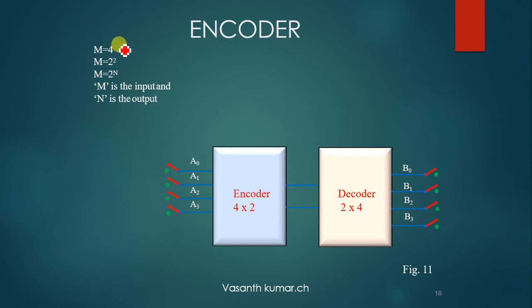So for example, m is equal to 4, the number of inputs is 4, m is 2 to the power of n. If m is the input and n is the output, here we can make m and n also equal, right? M and n should be equal, because this is your information converted to coded form, that is, it is reducing its form, that is 4 to 2. Here two signals you are getting, 2 to 4 conversion. So your input m and output n both should be equal if it is an encoder decoder circuit. This is your information exchange.